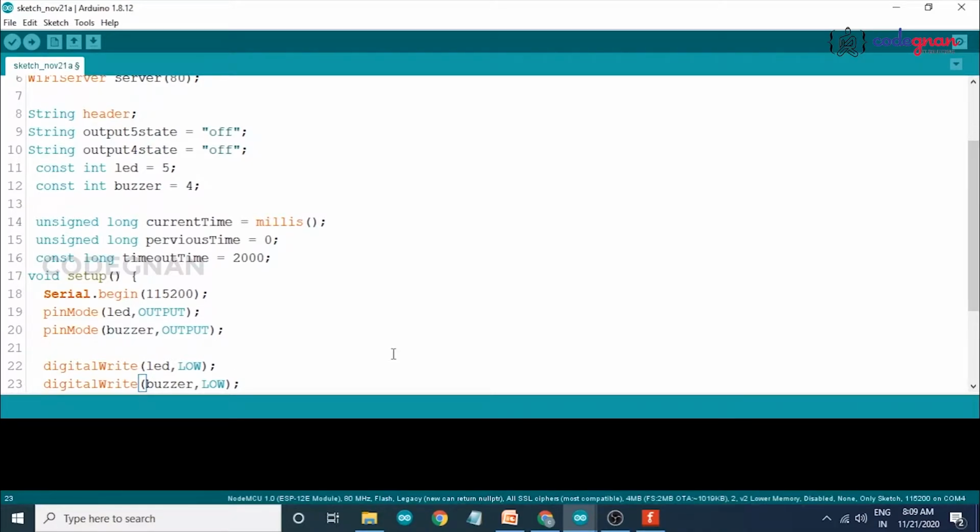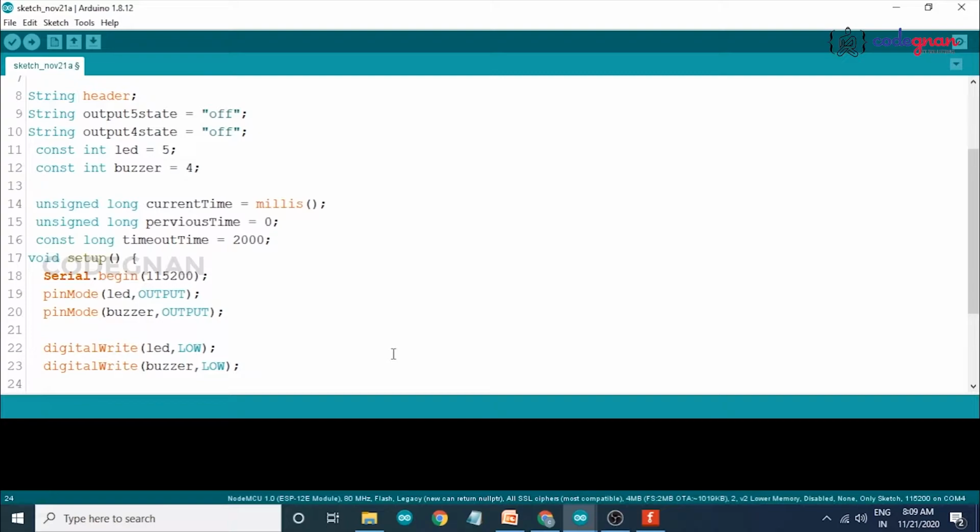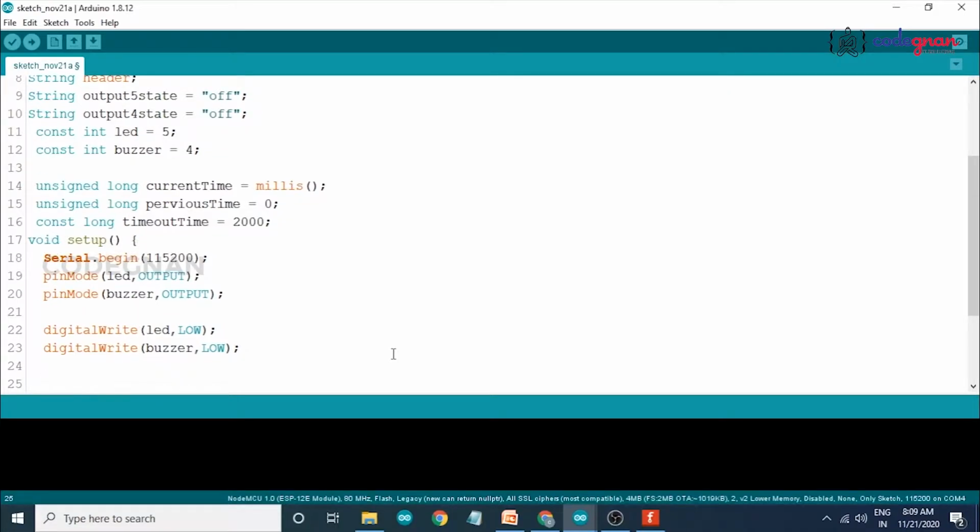Now we have to connect our NodeMCU to Wi-Fi, so we write Serial.print with a "Connecting to Wi-Fi" message, so that we can clearly observe whether it is connecting or not.